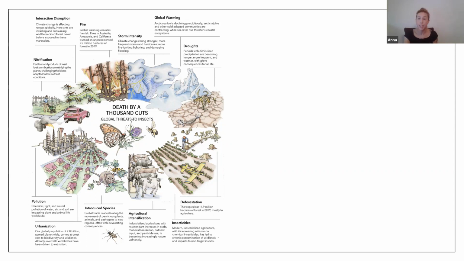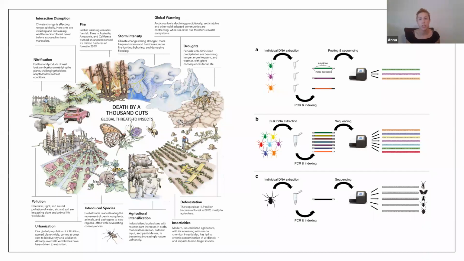And in terms of understanding what's happening, again, in these really biodiverse localities where we don't have many species descriptions available and we're getting thousands upon thousands of specimens, it's really hard to keep up with how those communities are changing when we can't even take a sample and understand what's there. So again, this is where these barcoding approaches, both classic barcoding of single specimens as well as metabarcoding approaches, can allow us to track some of these trends and how whole communities are responding to these new pressures of global change.